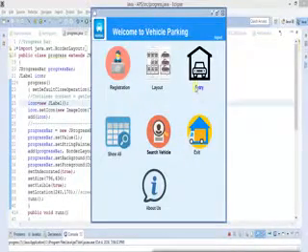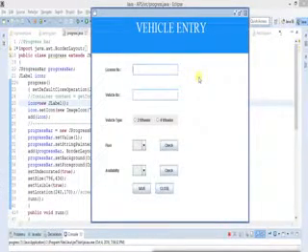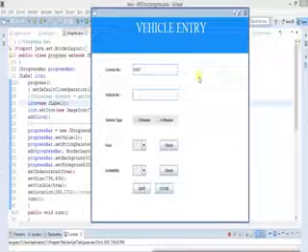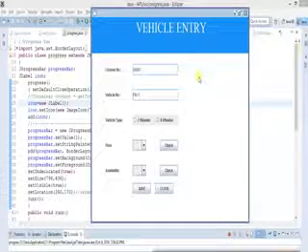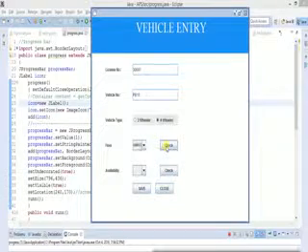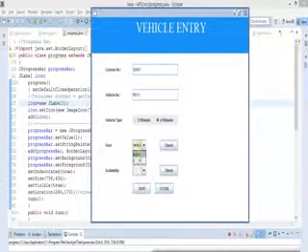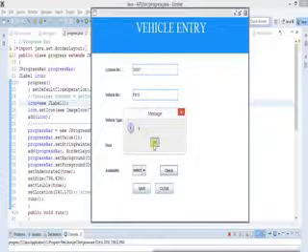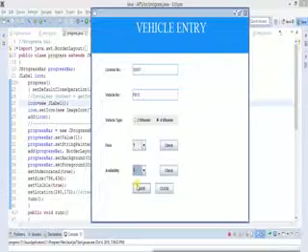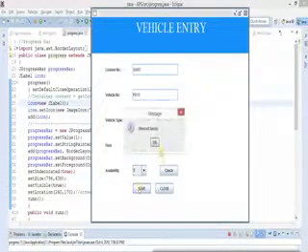And now he will let the vehicle enter the parking slot. So first here he will fill in the license number that he was given. 30697 was the license number, I just imagined it. And then the vehicle number, suppose we just put PB10. Okay, so vehicle type is a four-wheeler, and floor first, then he will check the floor which is available for four-wheelers, and then he will check the slot number. And suppose he gave the fifth slot on the first floor, and he will save his entry, and the record has been saved.